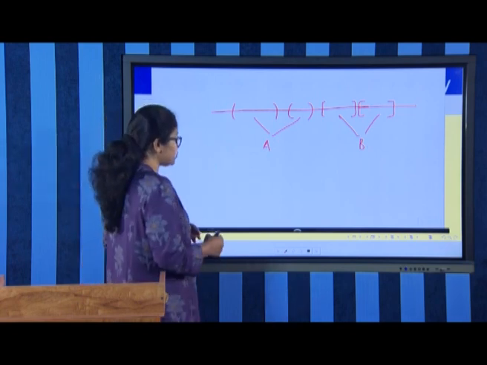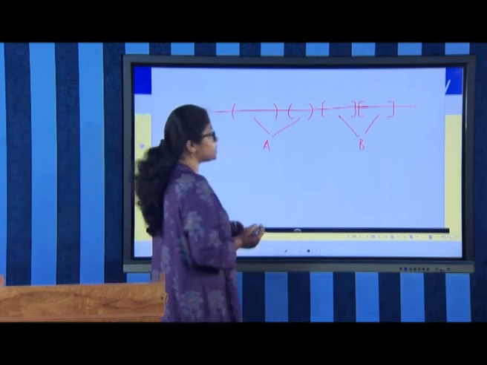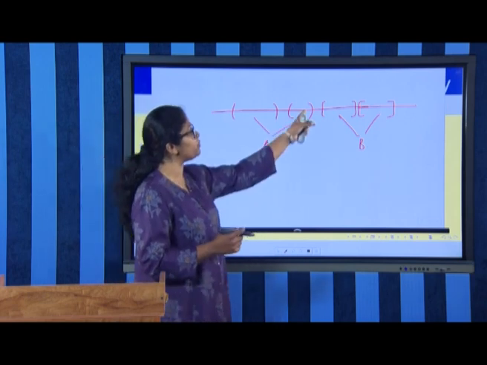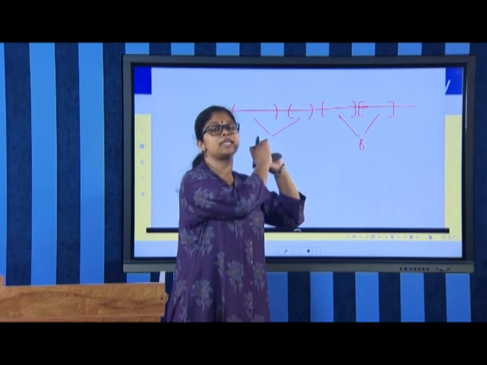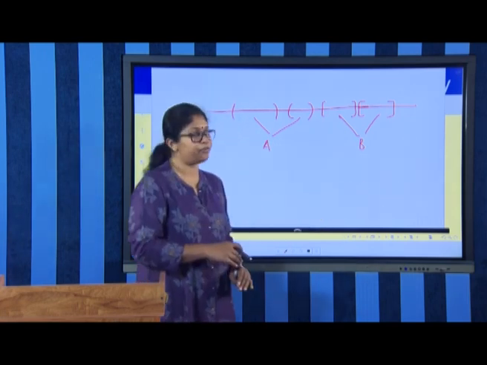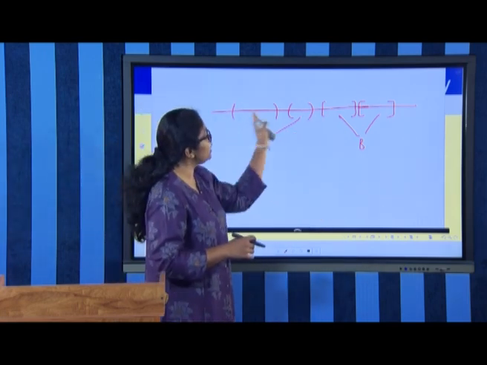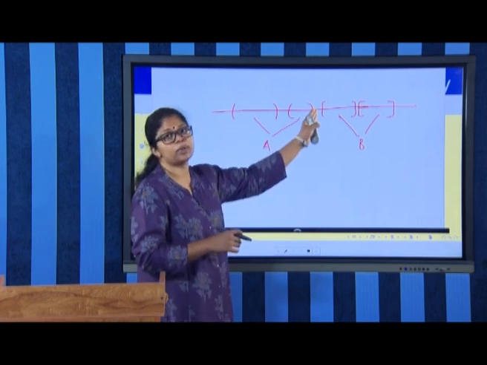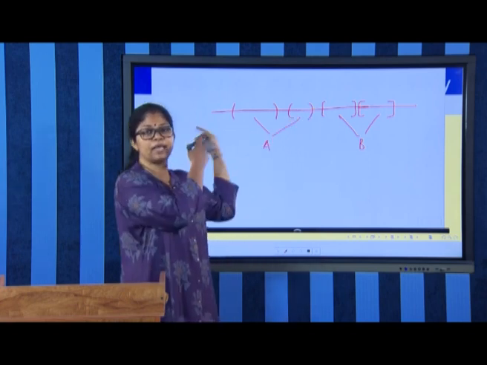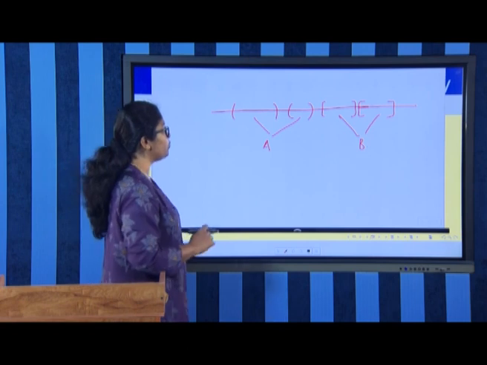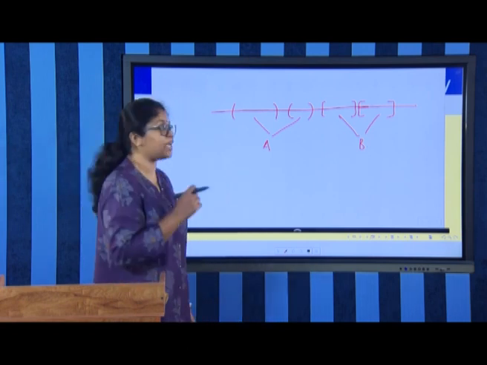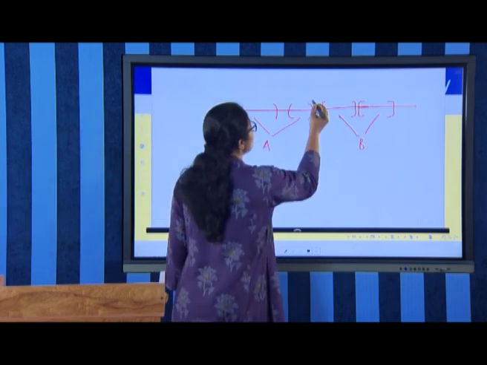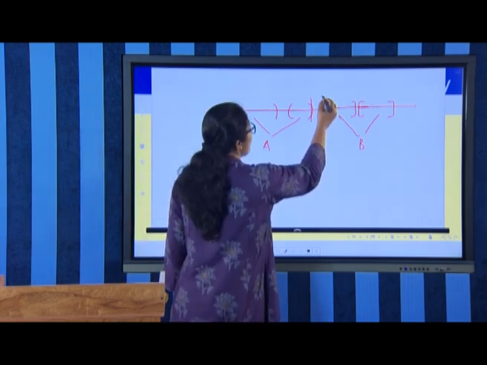And now we have to show that, definitely the supremum of A will be less than or equal to supremum of B, because B lies entirely on the right side of A, and infimum of A is definitely less than or equal to infimum of B, because A lies entirely on the left side of B. But we are more interested in what is the relation between these two, that is supremum of A and